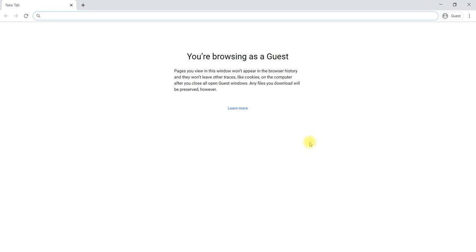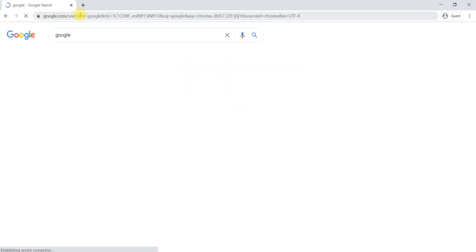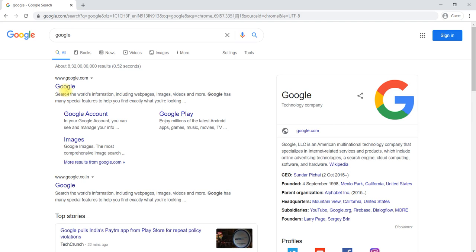If you already created a Gmail account, then it is nice. If you have not created a Gmail account, then how do you create a Gmail account or a Google account? Both are the same. In a Google account itself, Gmail and everything will come. First, we'll go to any browser and type Google. We will go to Google now.